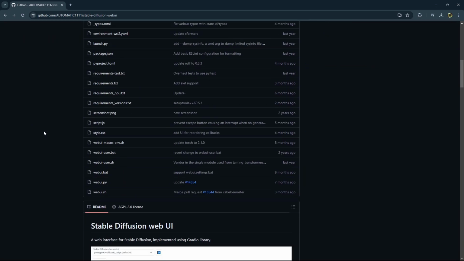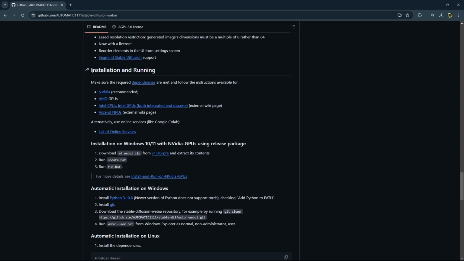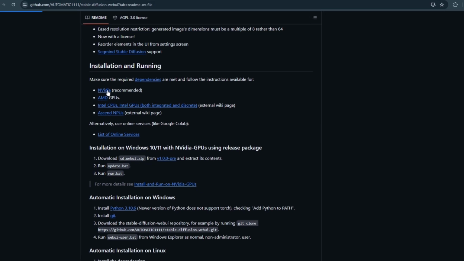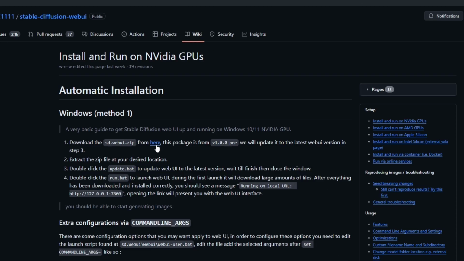After that, just scroll down a little bit. Scroll and search for this section named Installation and Running, and you can install your preferred method from here, like NVIDIA, AMD, or Intel. Just like I'm using NVIDIA GPUs, I will click on NVIDIA, and after that you have to click on this link here,